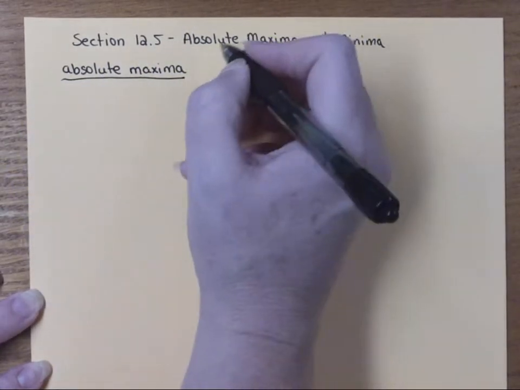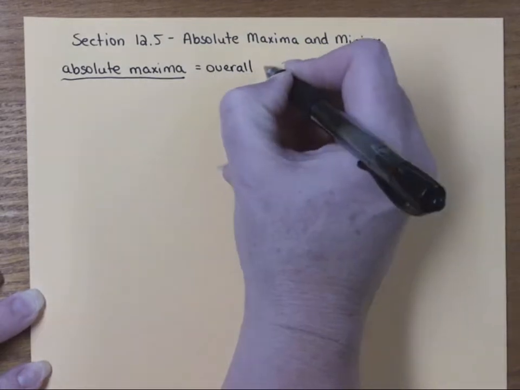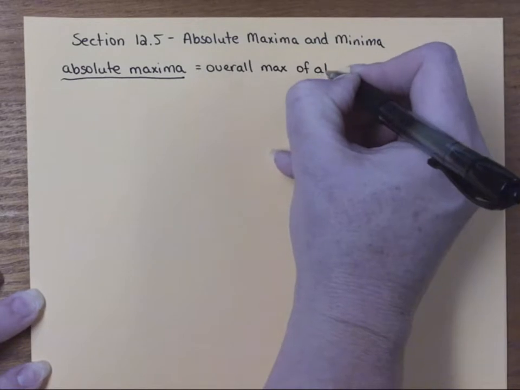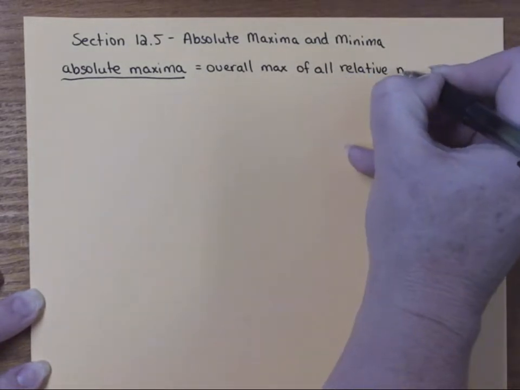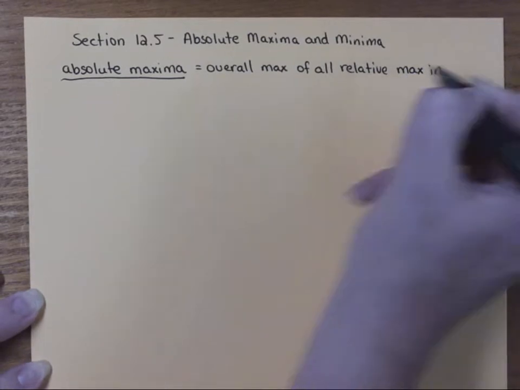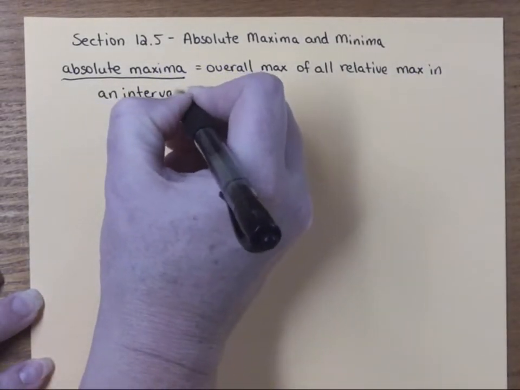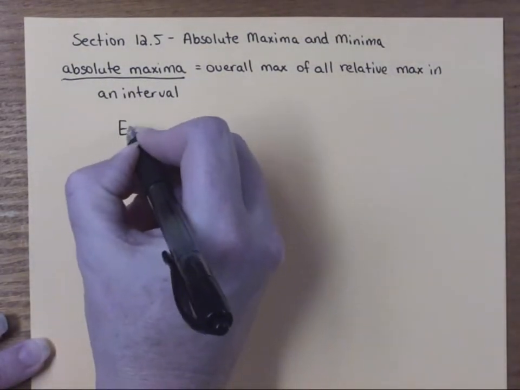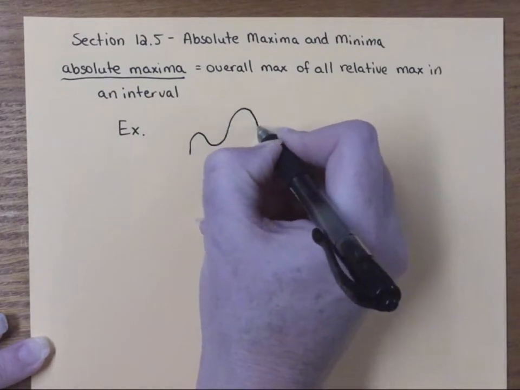So the absolute maxima is the overall max of all the relative maxes in an interval. In other words, just like the name implies, it's the absolute one. It's the highest one. So if you had a graph that kind of had some different peaks, like maybe this,